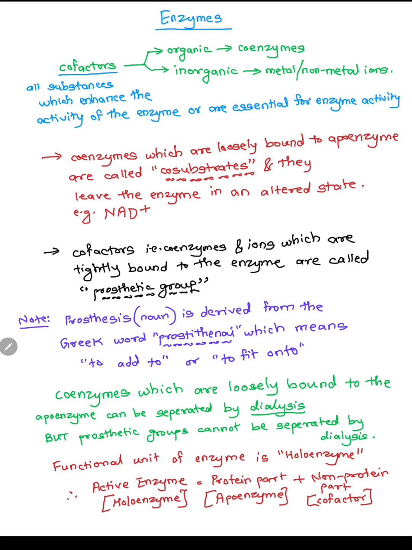Hello everyone. Continuing with our discussion on enzymes. Last time we discussed cofactors. Cofactors are all substances which enhance the activity of enzyme or are essential for enzyme activity. Organic cofactors are coenzymes, inorganic cofactors are metal or non-metal ions. Coenzymes which are loosely bound to apoenzyme are called co-substrate and they leave the enzyme in an altered state like